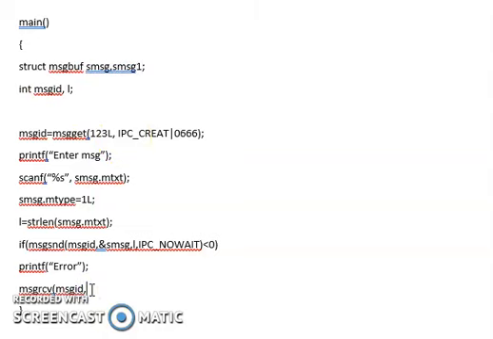I'll give the address of that structure, comma, the maximum I can retrieve is 100, and I want to retrieve it with type 2L, and I want my process to wait there. Until a message of type 2L is ready in the message queue, my process will be waiting at the message queue. After the data is received, I come to the next line, where I display that message on the screen.